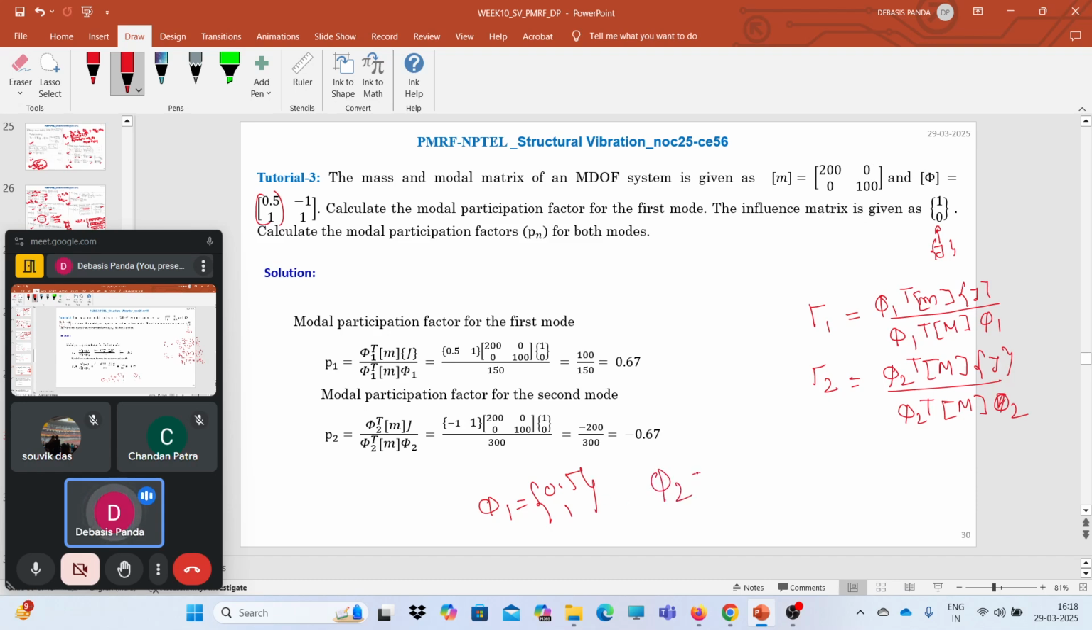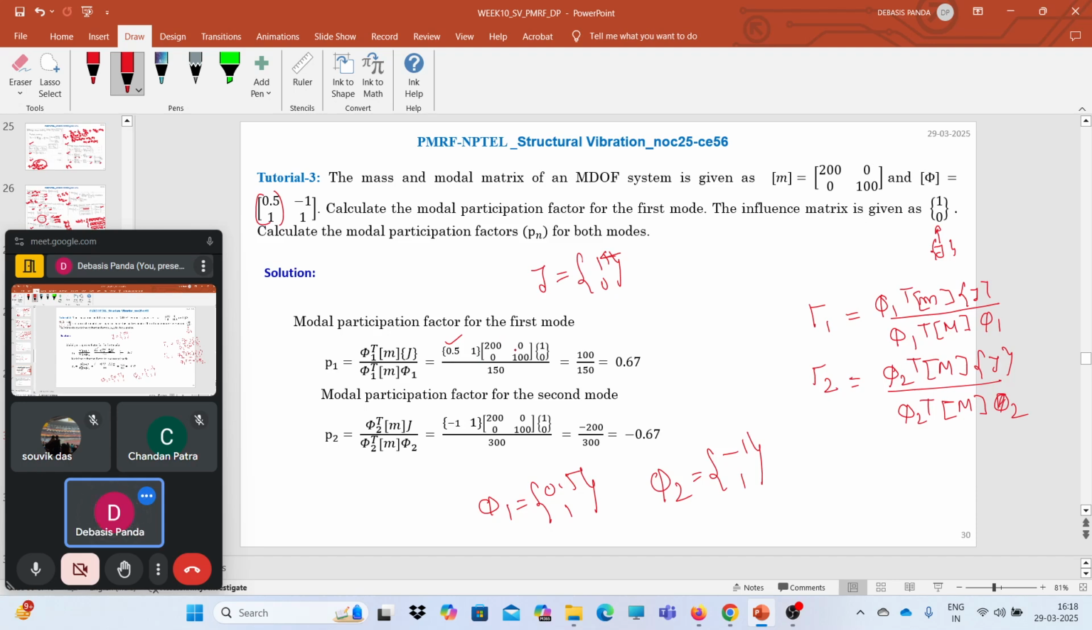What is the value of phi 2? Minus 1 and 1. Now what is the value of J? It is given 1 and 0. That means only the first mode, the contribution is given to the first mode. Now do the operations. So phi transpose will look like this: